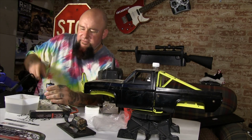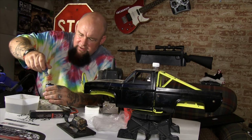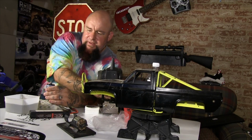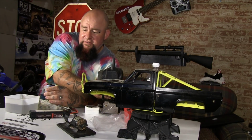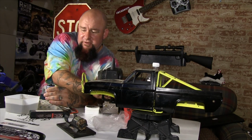And then come around here, put some in through here. And what I usually do when I'm putting it in through the top, I don't know that it matters, but out of habit from the years I used to race and stuff, I'll run it in reverse to help pull it down. I don't know that it matters which direction you go, but...